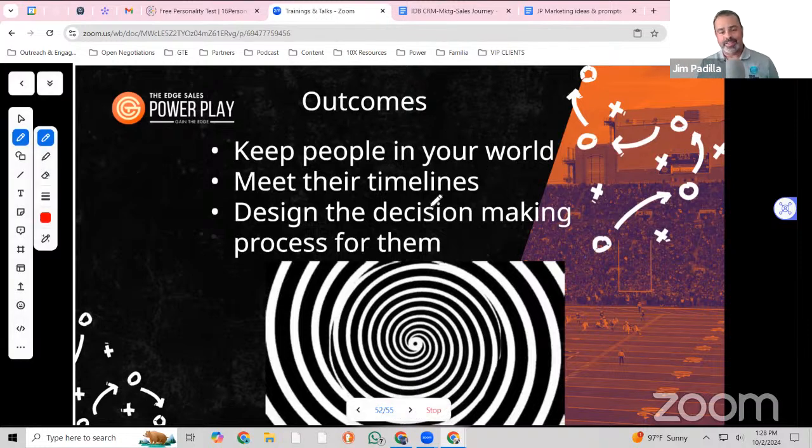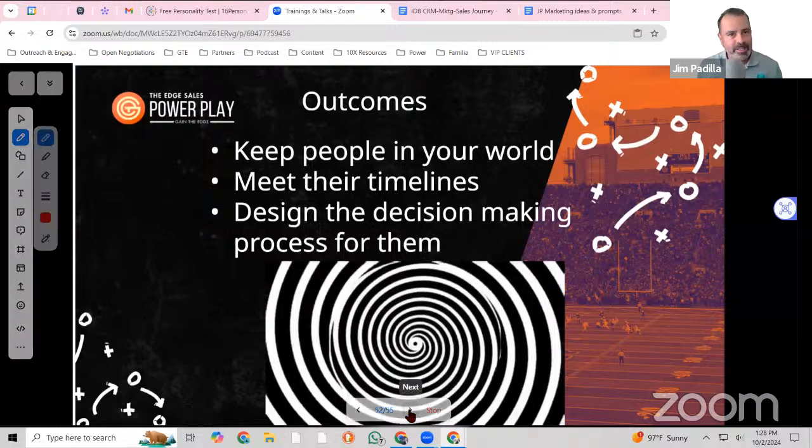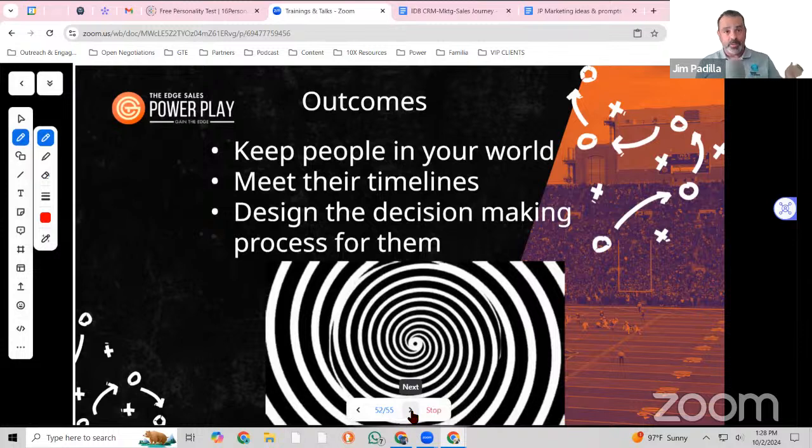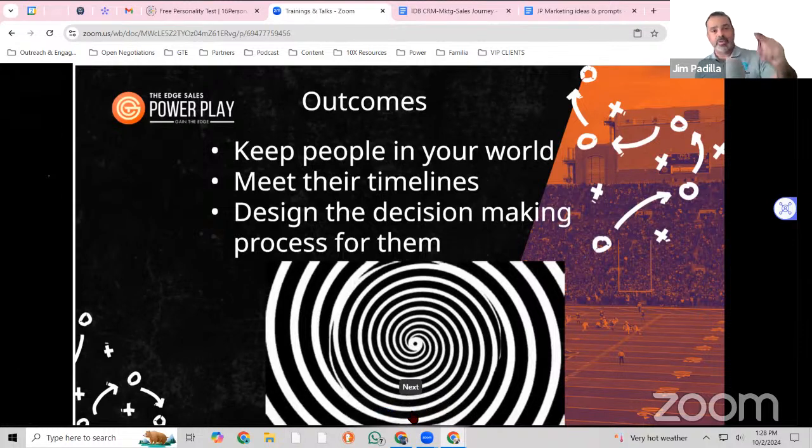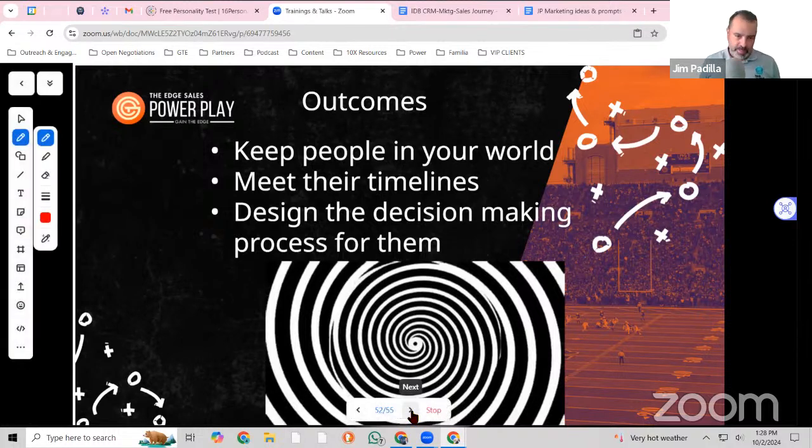And then guess who wins? You and them. Everybody's winning. They get their solutions. You get a client. Everybody's happy. And guess what? You don't have to be a sales guru. You just have to be smart about creating a world in such a way that people buy, instead of you mastering how many you sell to people.